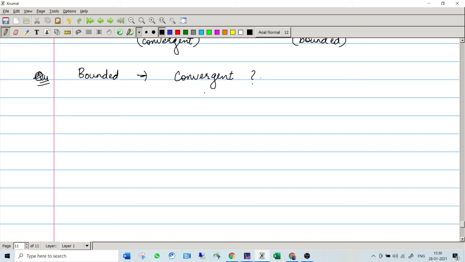If you have a bounded sequence, हमें पता है convergent है तो bounded होगा, लेकिन अगर bounded है तो क्या convergent होगा? What is your guess? Yes or no? The answer will be no. Because let us consider an example. हम बोल रहे हैं कि sequence is bounded